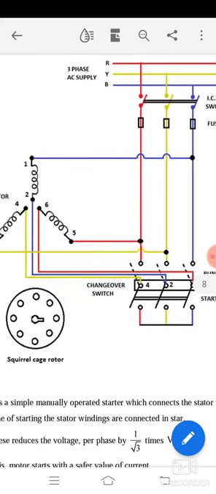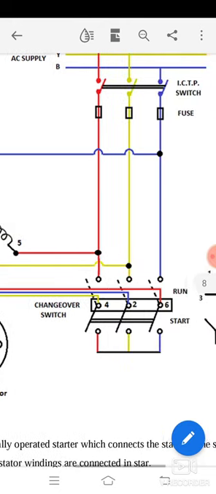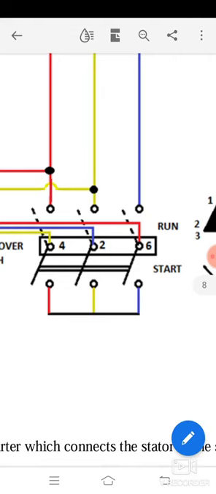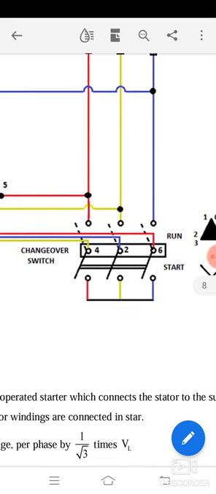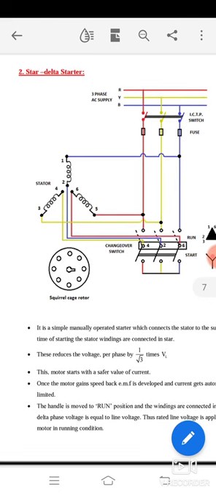As it is connected to the delta connection, the motor will now start getting the rated voltage which is VL is equals to V phase, because the motor is actually designed to work on rated voltage. Now the rated voltage of the motor is 440 volt. So initially by adding this starter we reduce the voltage intentionally so that the motor will get protected from very high current. Later on, as we feel that the motor has started and inrush current is eliminated, we can switch it to the delta connection because there is already back EMF developed inside the motor which reduces the current. So because of the back EMF there will be a reduced current inside the motor and the motor will start running safely.